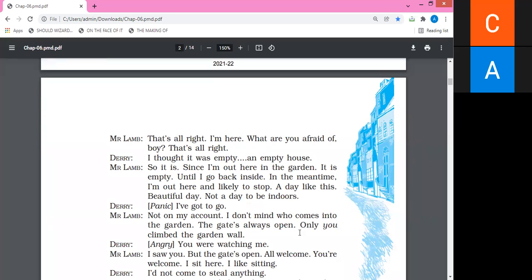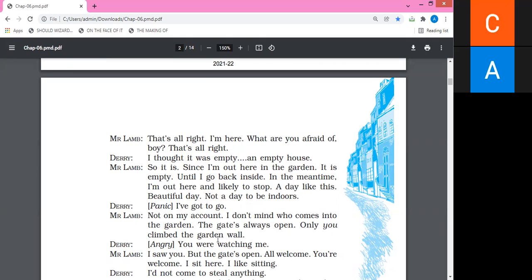So just look at the next. Only Derek climbed the garden. I wanted to highlight that the gate remains open for the entry of the public, never in a negative way. He wanted people to come and enjoy nature in the garden. Again, adding that only you, here meaning Derek or Derry, climbed over the garden wall to enter that garden. Already I have told you, entry in an illegal way,